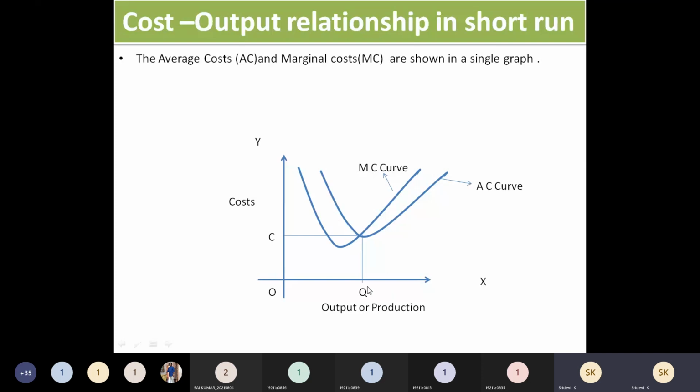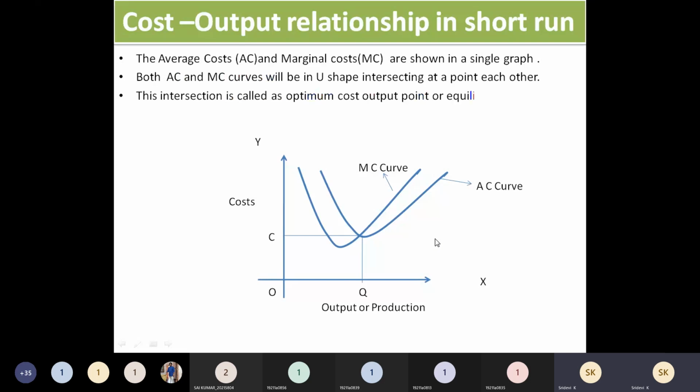Up to here only the company needs to increase production. If they increase more, automatically they will be in trouble, as the cost of production will be more, which will reduce their profit. So that is the relationship between both the cost and also the